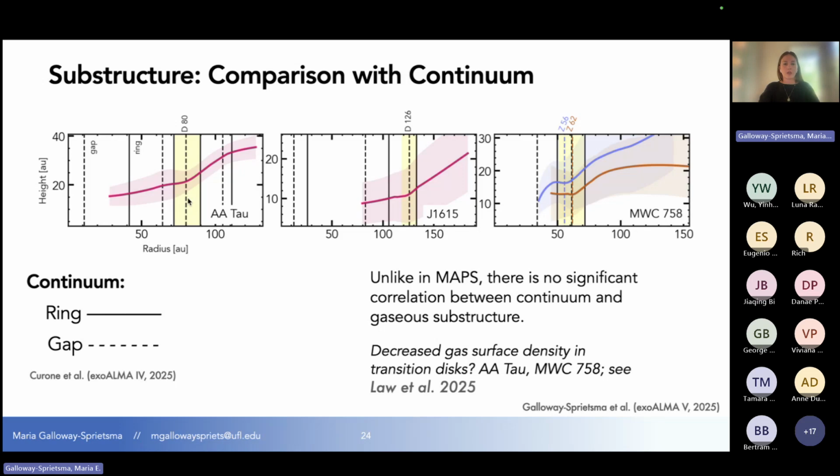So in AA Tau and J1615, we see that at the location of a continuum gap, we see this slope change in the CS surface in both of these. And then MWC 758 actually has the,